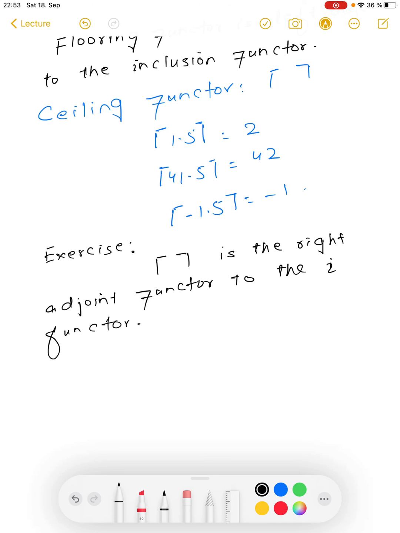Okay, so this is enough, and we stop over here, and we will take further lectures also on the concept of adjoint functors, in which we will consider more examples from more advanced topics like homotopy theory, and we will also check some properties of the adjoint functors. Okay, so hopefully this is enough for